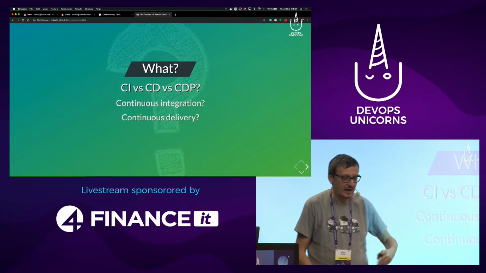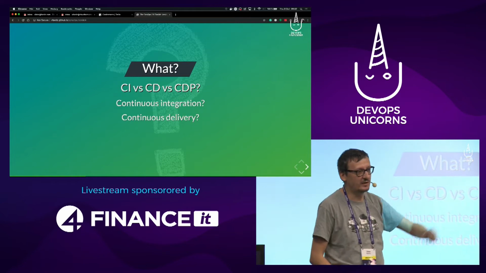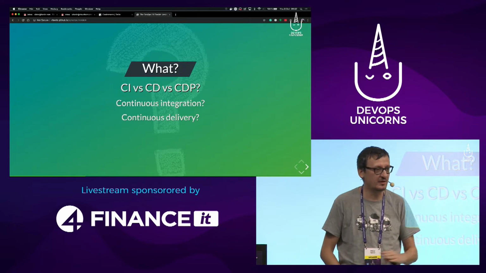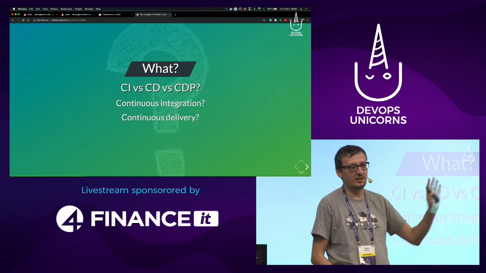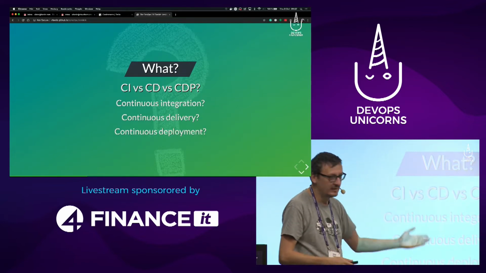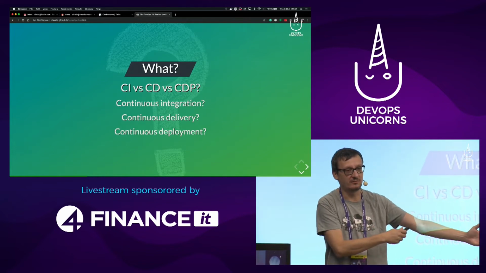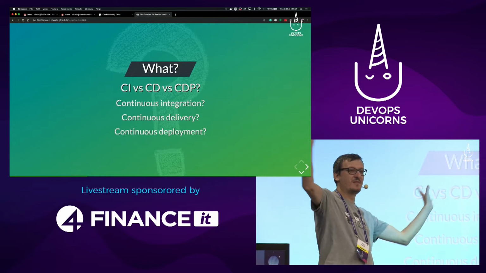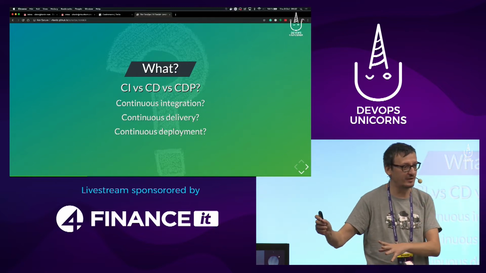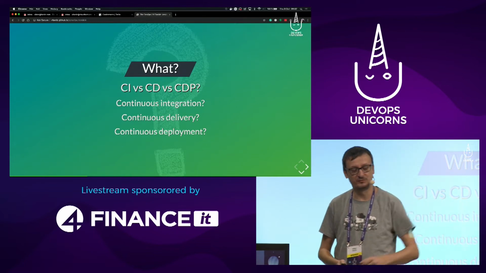Continuous delivery, what that means really is that whenever you push something to the master branch, everything is fully automated and you have a release ready for production, right? You trust the process, you know that it will work, all you have to do is click a button and say, okay, go to production now. And continuous deployment is the same thing without that button. Every time you push something to the master branch, it is deployed to production, right? That's the ultimate goal of everybody, to have such a good automation, to be so good at what you're doing that you don't need humans involved at all after you commit something to your repository, right?